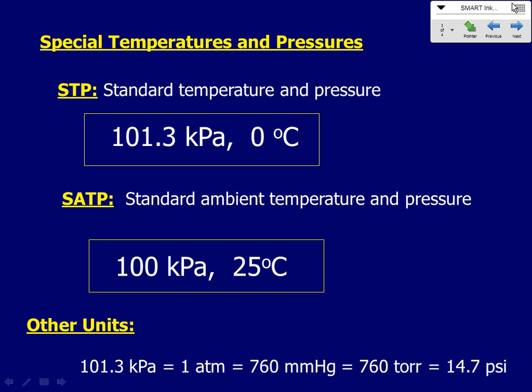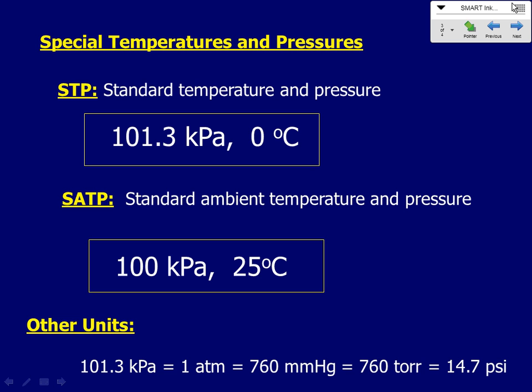Standard temperature and pressure, STP. Again, standard temperature and pressure. STP has been defined as being two important values that kind of get their values in different ways. 0 degrees Celsius, that's a fairly obvious number and why it was chosen. Ice, water, transition, 0 degrees Celsius. 101.3 kilopascals. You might think that that's an odd number to choose as a special pressure, but that pressure has